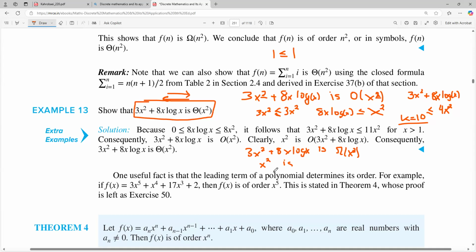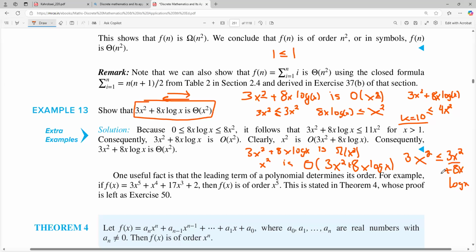Okay. So now here we want to prove, if we think about it in terms of big O, that x squared is big O of 3x squared plus 8x log x. Well, once again, just look at the constants. If we choose our constant to be 3, that means 3x squared is always less than or equal to 3x squared plus 8x log x